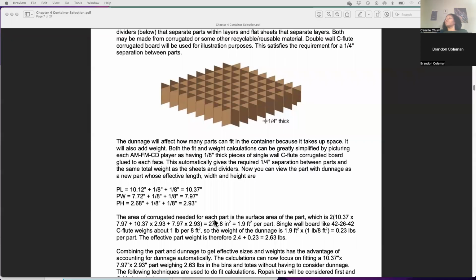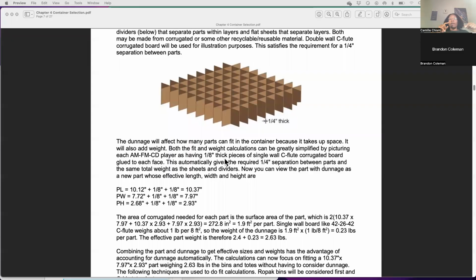So here it's saying that you've got an 8-inch thick piece of single wall C-flute glued to each face. So they're basically saying, pretend it's in a carton. And this is so you can picture this space. You want to picture the space it takes up, because if you get it too tight, your dunnage may not